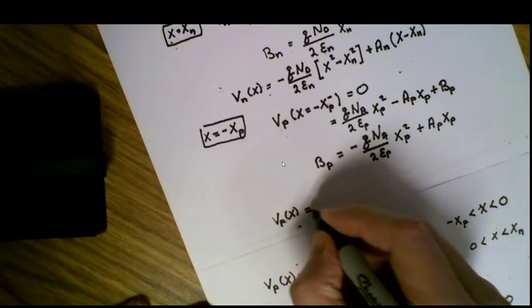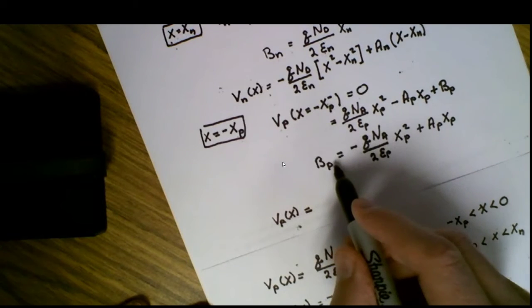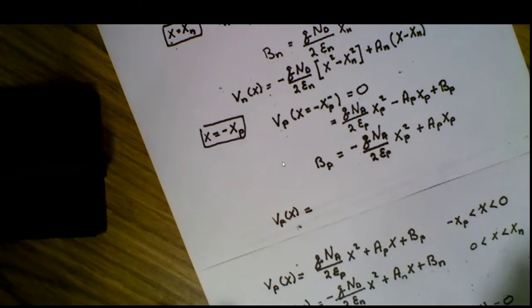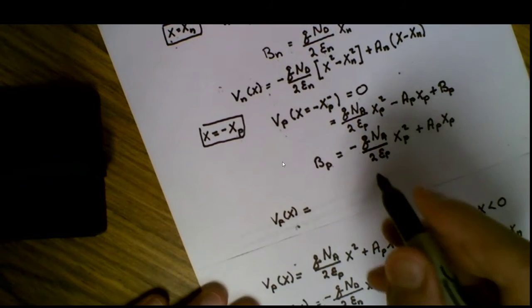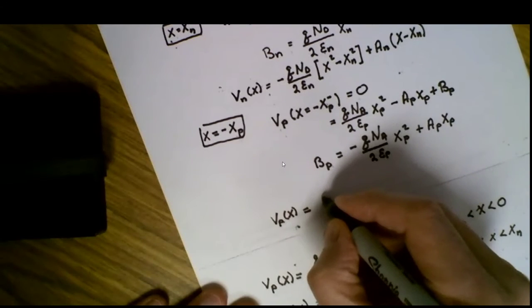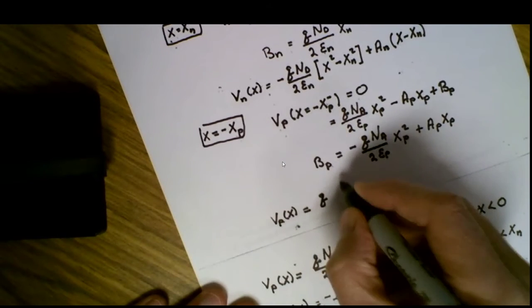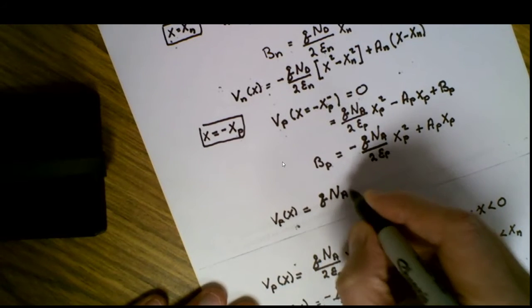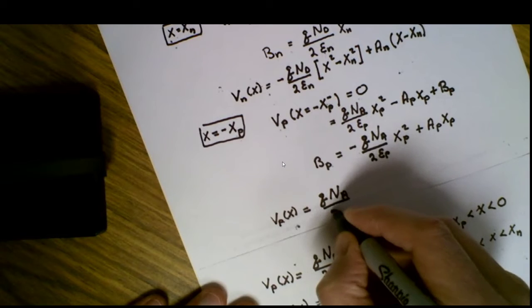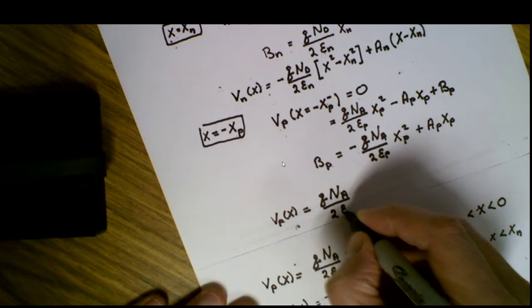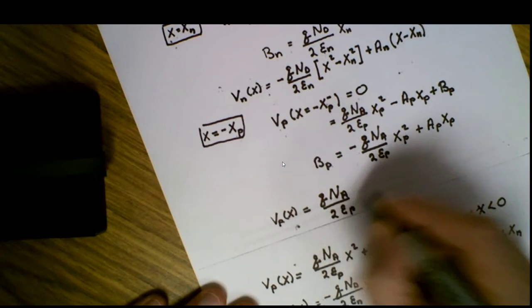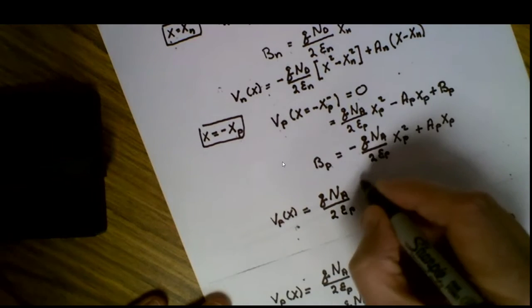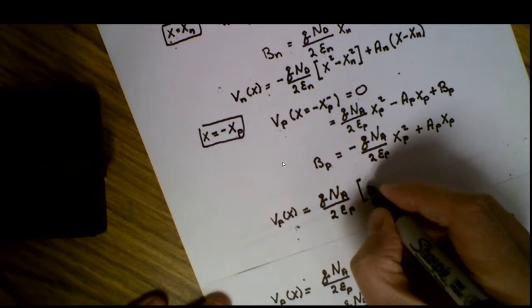This is going to be equal to the charge q times the number of acceptors per unit volume divided by 2 times the permittivity of our p material times the quantity x squared